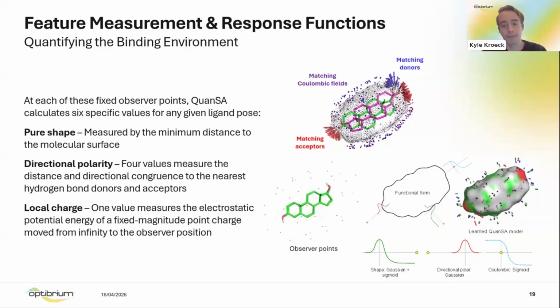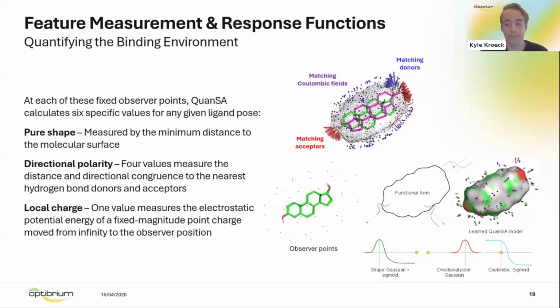Second, we look at directional polarity. This category accounts for 4 of the 6 values. For both hydrogen bond donors and acceptors, QuanSA measures 2 quantities: the minimum distance to the nearest donor or acceptor, and the angle or directional congruence of that interaction. This is crucial because a strong hydrogen bond relies not just on proximity, but also on proper orientation.